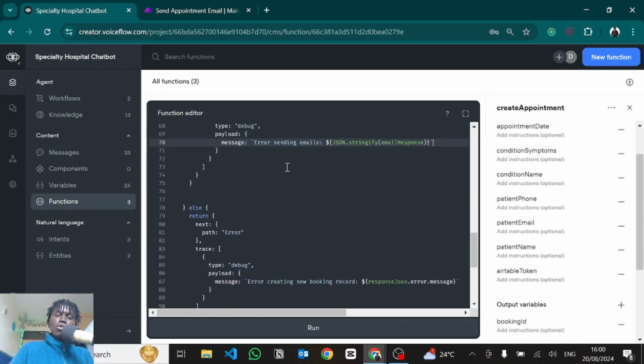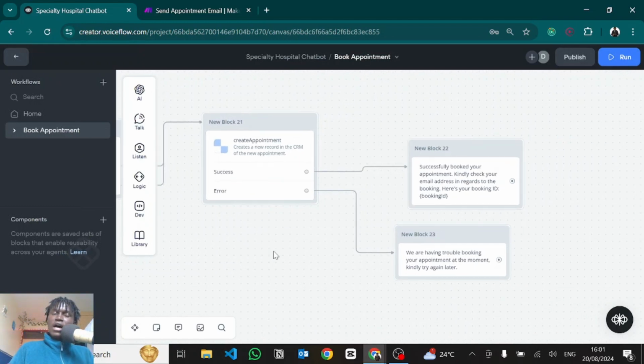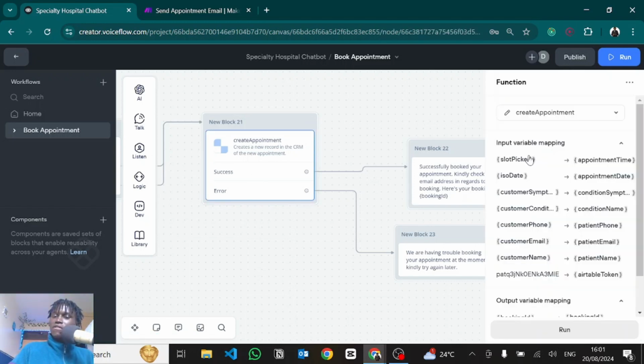So I've gone through all this. Going back here to the workflow, if the appointment was created successfully in Airtable and the emails were sent, we tell the user: successfully booked your appointment. Kindly check your email in regards to the booking. Here's your booking ID. We pass it in there, and you can see in the function itself, we pass in